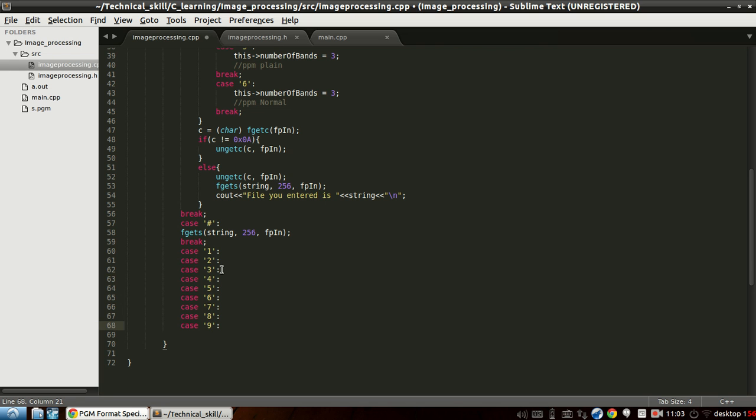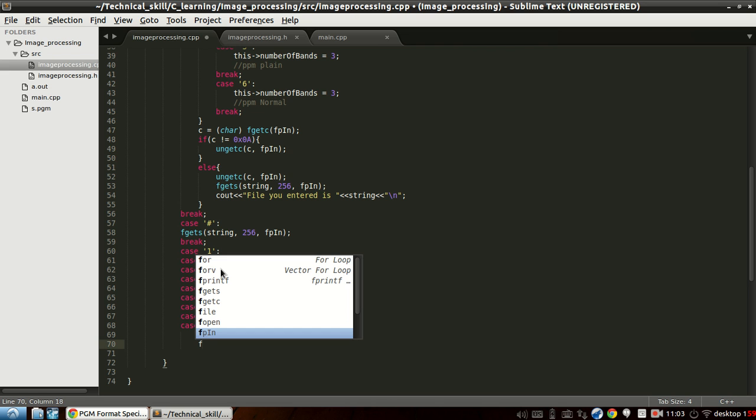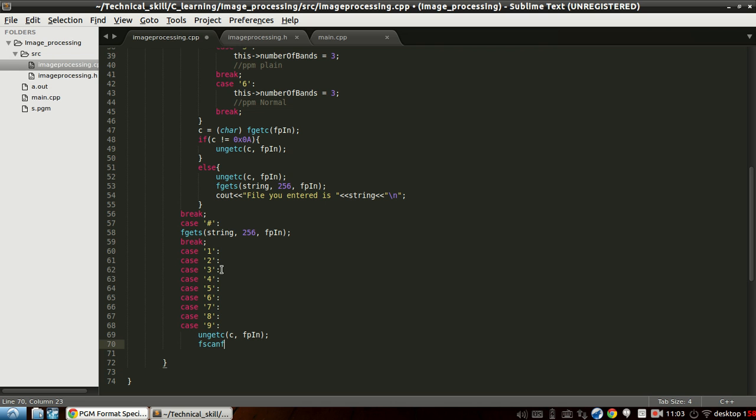In all these cases, what we do is basically we say bingo. We just put that character back to the file pointer fp in, then we'll get the f scan. That's basically the C header function. So we just scan the whole